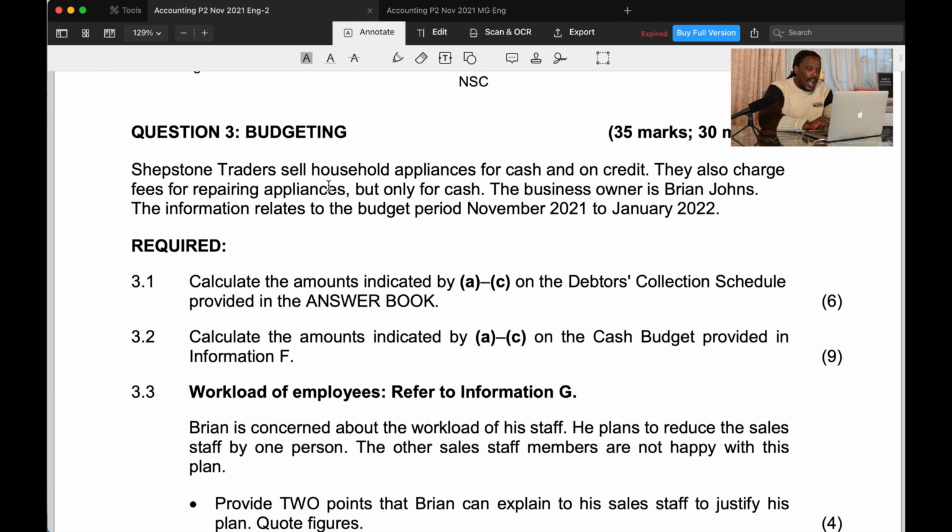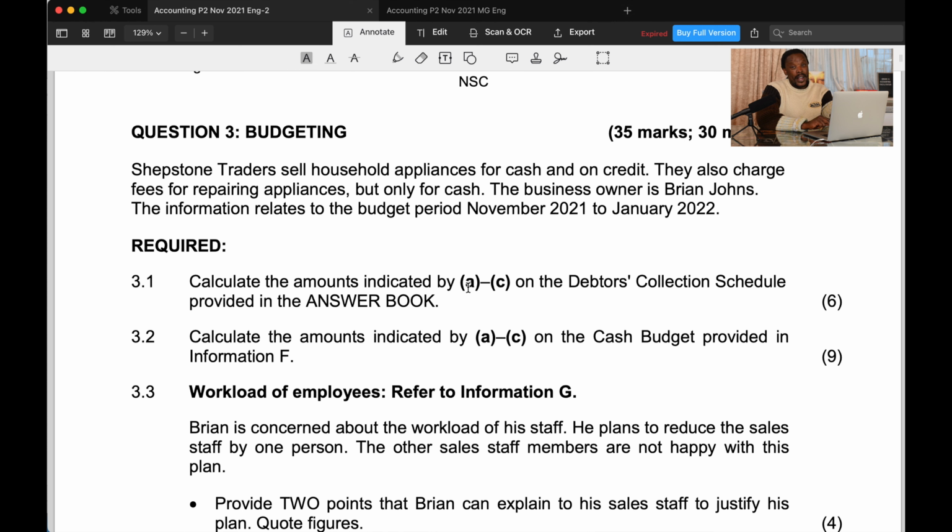So let's look at the question. Shepstone Traders sell household appliances for cash and on credit. They also charge fees for repairing appliances, but only for cash. The business owner is Brian Jones. The information relates to the budget period November 2021 to January 2022. You are required to calculate the amounts indicated by A to C on the debtors collection schedule provided in the